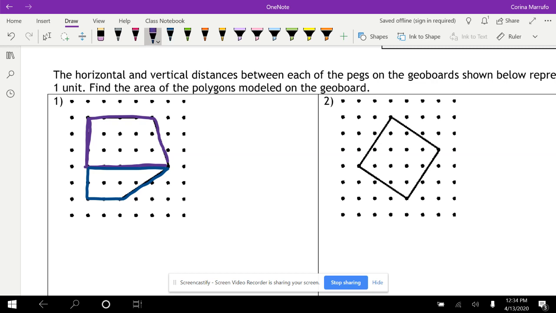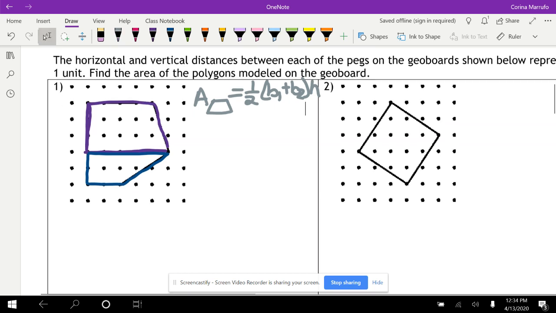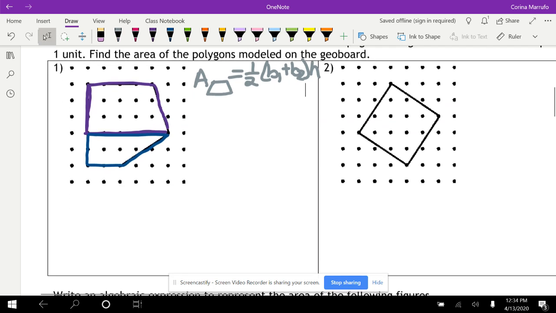So the formula for the area of a trapezoid, if you do not remember, is going to be 1/2, and then you add your bases together, so b1 plus b2, and then you multiply times the height. Okay, so I'm gonna go ahead and do that for both of these. So starting with the trapezoid on the top, the area of my trapezoid